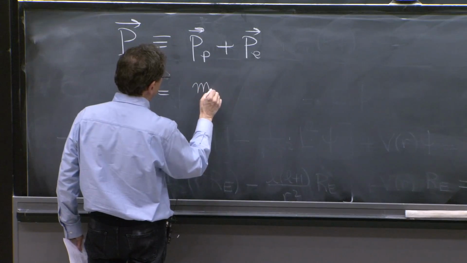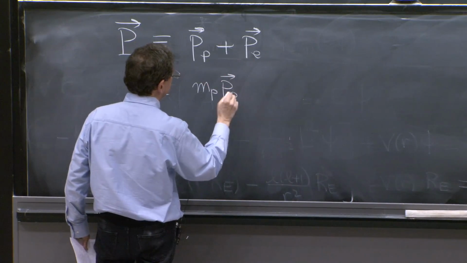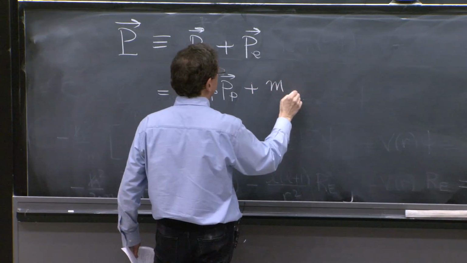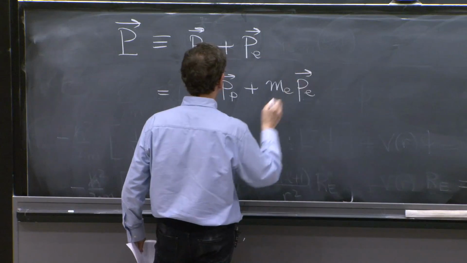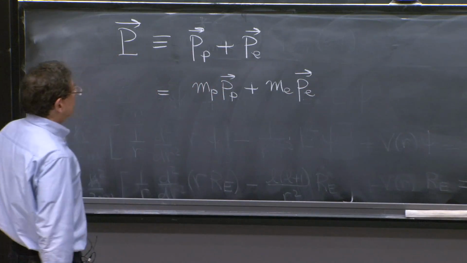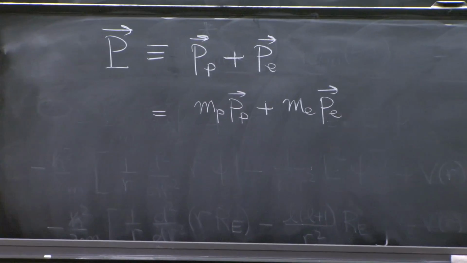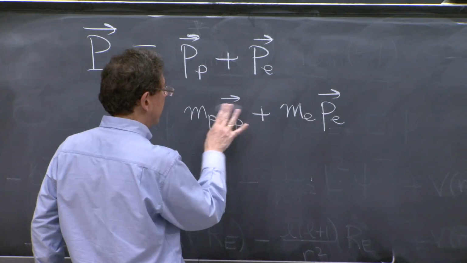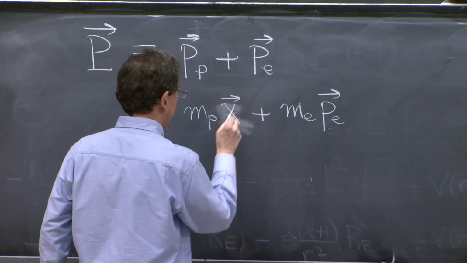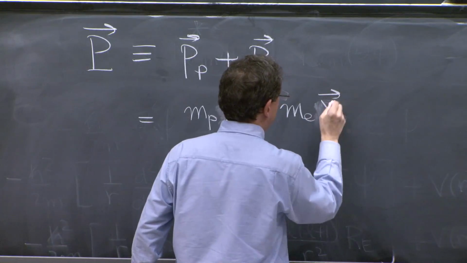We multiply each particle according to its mass. So we're weighting the momenta, no, I'm sorry, why the momenta? What's the thing? The positions, x_P, x_E,